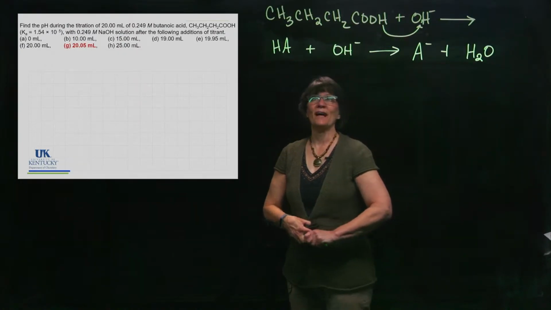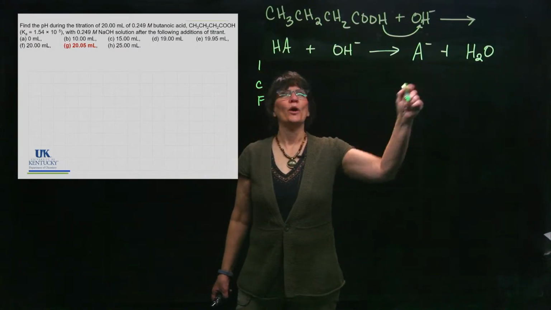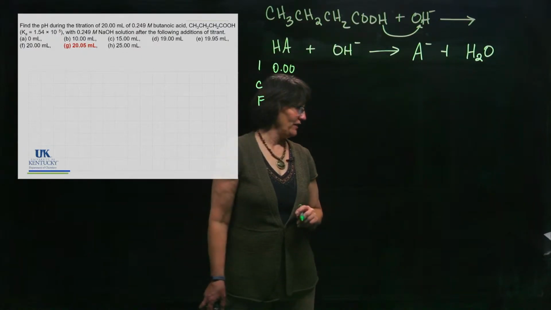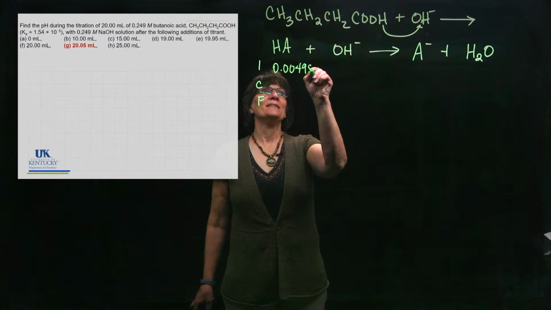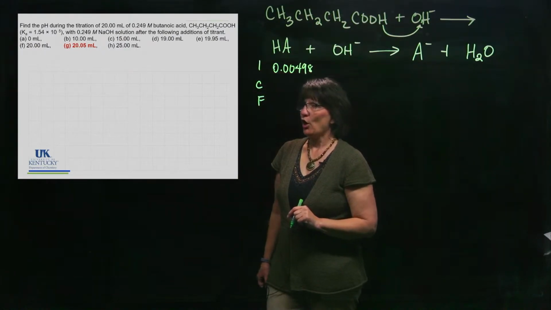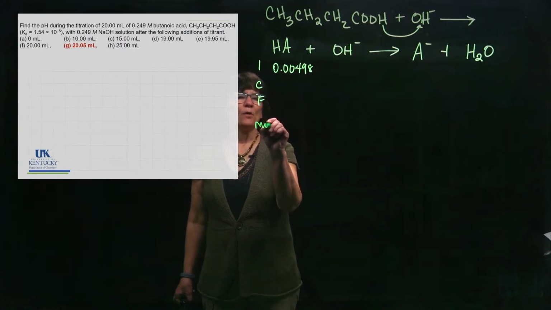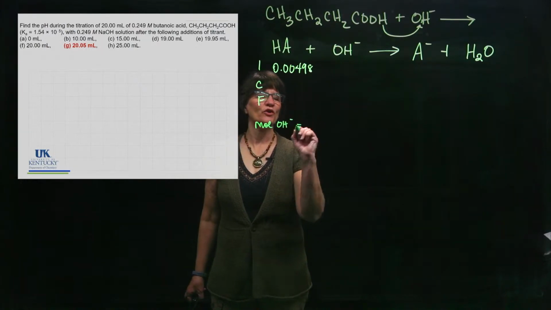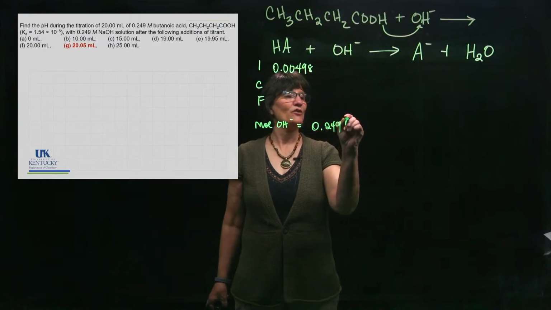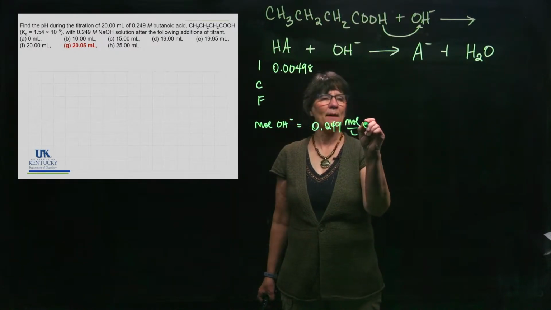But you start the problem exactly the same way. We will construct an ICF table for the one-way reaction. We know the acid hasn't changed for any one of these problems, 4.98, okay? And what we need to know is how much base we have. And we are at 20.05 milliliters of that base. So the moles of OH, which are the same as the moles of sodium hydroxide, would be the molarity, okay? And it is correct on this slide. Molarity of the base times the volume,